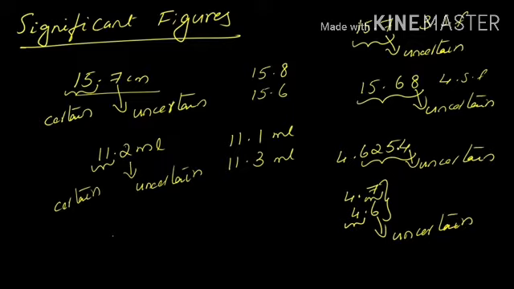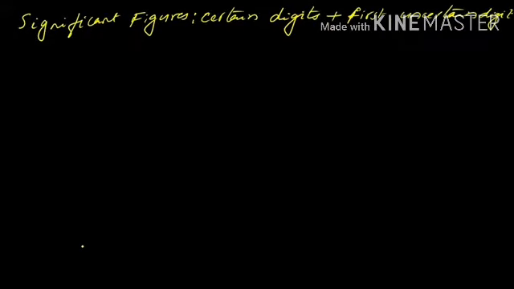But it is clear that in a measurement, there are certain values and uncertain values. The uncertain value is the last digit. When we find the significant figures, the last digit in the significant figures will give you the uncertain value in it. Up to that, the values are very perfect, very accurate also. Now, how can we find out the significant figures? There are certain rules associated with it.